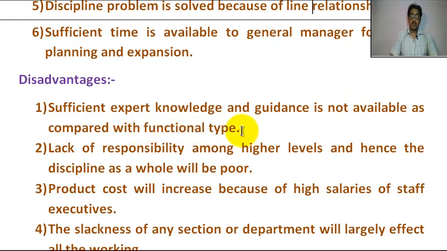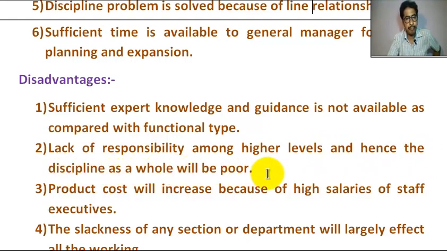In functional type, we employ a large number of expert knowledge persons who work. Here we employ fewer experts with specialized knowledge, that is why sufficient expert knowledge and guidance is not available as compared with functional type. Number 2, lack of responsibility among higher level and hence the discipline as a